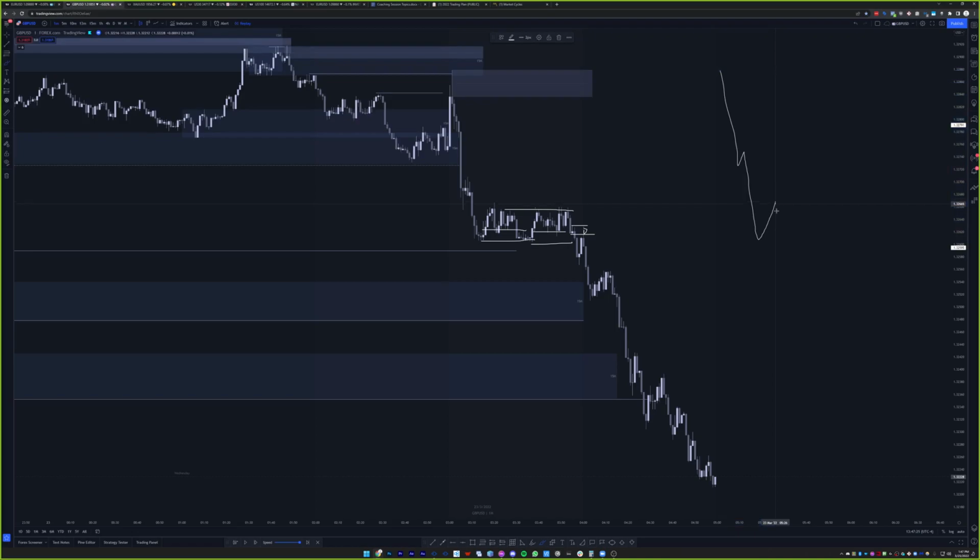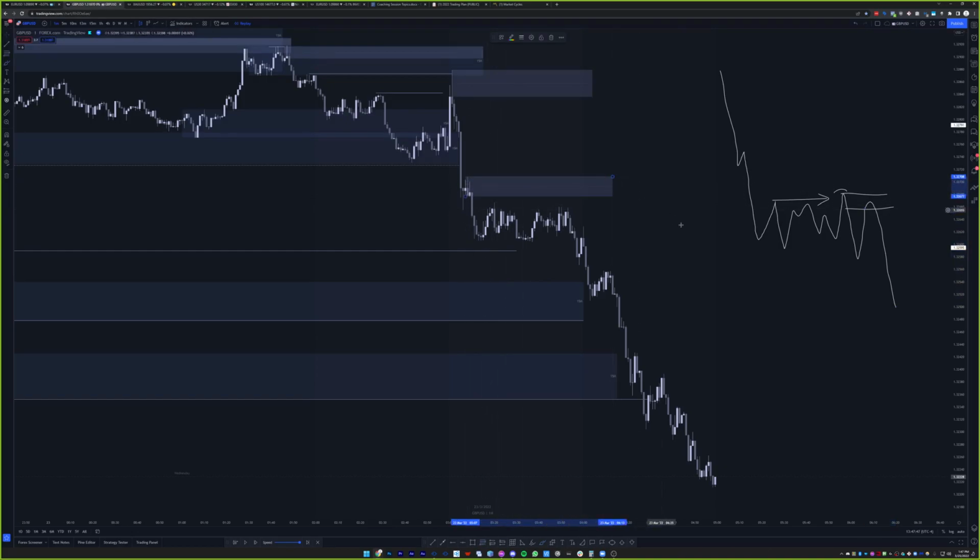What am I typically looking for? I'm looking for price to consolidate, to sweep, and I'm looking for a retest of the sweep, right? And on this level here, it is safer to enter. Why? Because we already are sure that supply is holding, is in control. Exactly. So we'll mark this out.